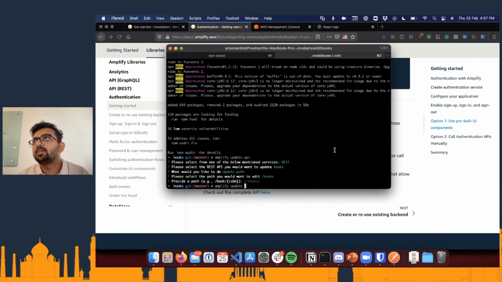But keep in mind, some of these configurations are not updatable. That is something which Cognito tells us when we are creating auth. When we did amplify add auth, it told us some of these configurations cannot be modified later. So keep that in mind. Some of these are configurable and some of these are not. So that sums up the introduction to Amplify and how you can use this to create serverless applications in a much more fast track manner. Thank you everybody for joining in.